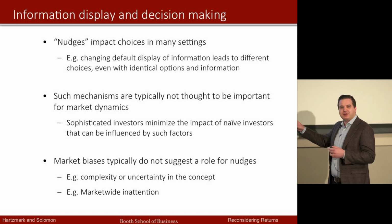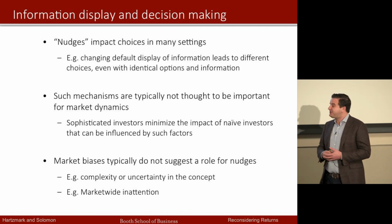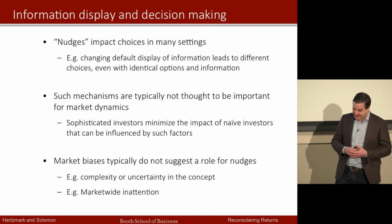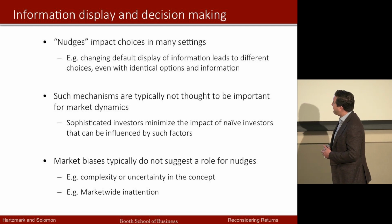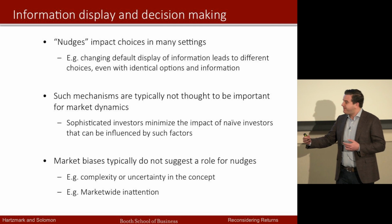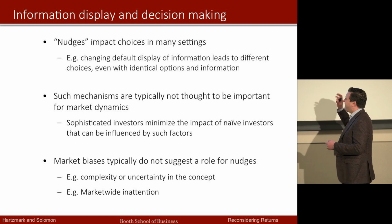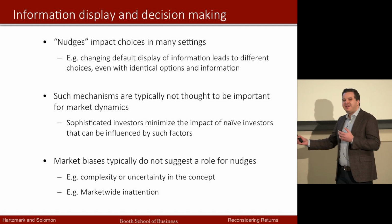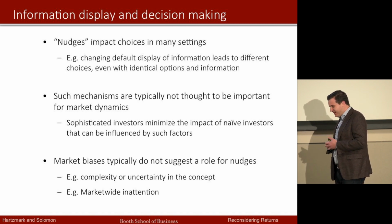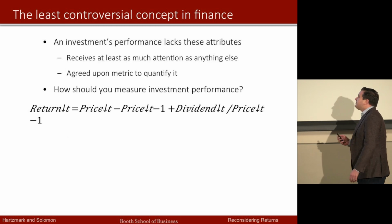Now, while that's really important for individual decision making, this is the type of thing we typically assume doesn't have a large impact on market dynamics, because of course sophisticated investors can undo the effects of individuals who may be influenced by such factors. There are a bunch of facts that seem suggestive of market biases and predictable pricing, but most of these don't really suggest a role for a nudge. They're complex tasks, they're uncertain, they're things that people aren't paying attention to, or they just have too much information to discern what's going on. None of those are the types of things that you would expect a simple nudge would correct. So what we're going to look